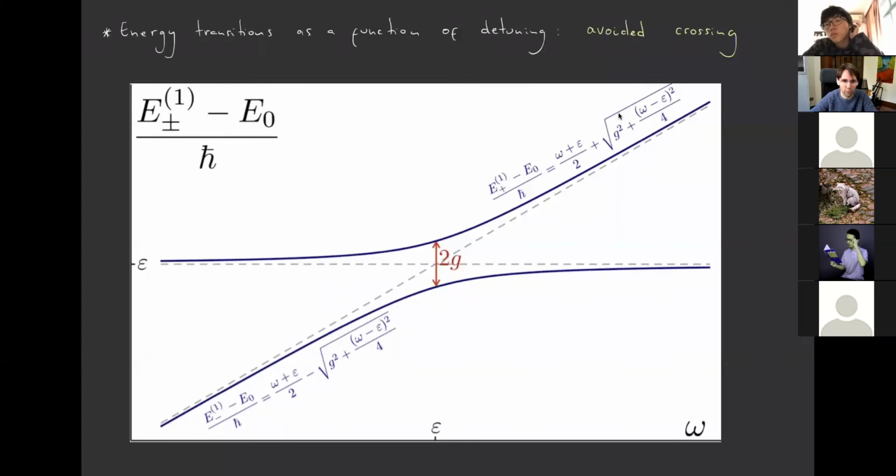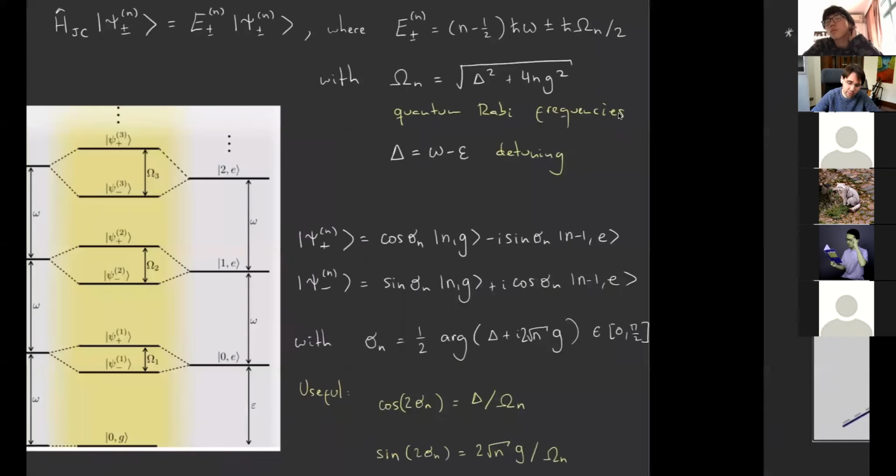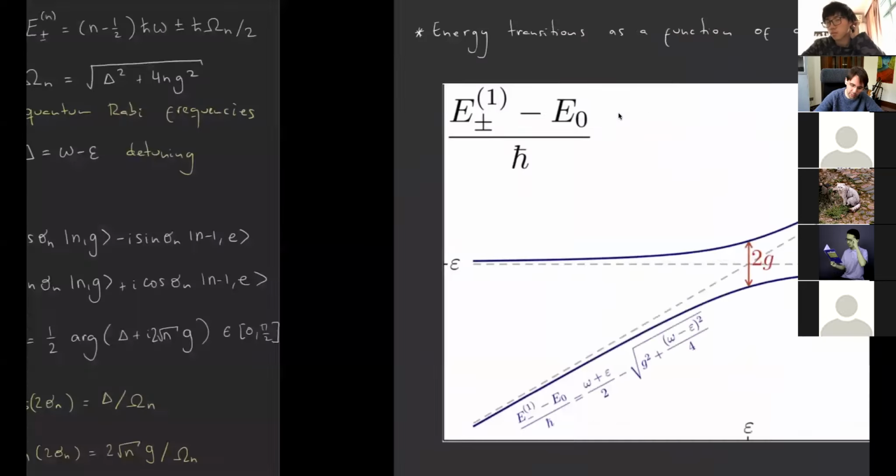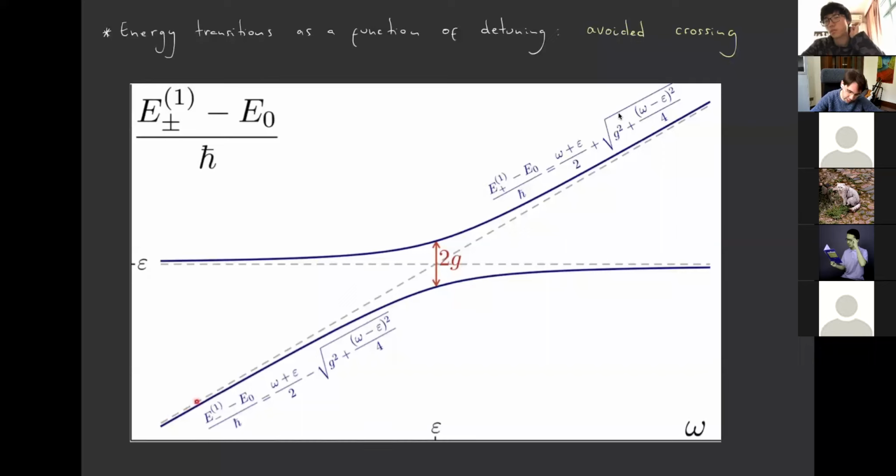Imagine first that there is absolutely no coupling, okay? If there is no coupling, this means that we get two transitions. Either the ground state is connected to the first excited state where the excitation is optical, and this goes as the frequency, and therefore we will get this gray line in here,